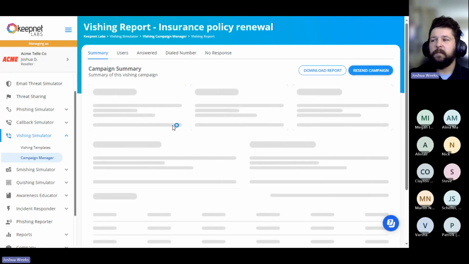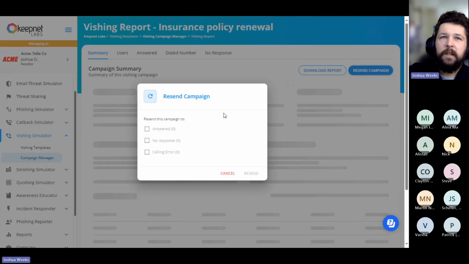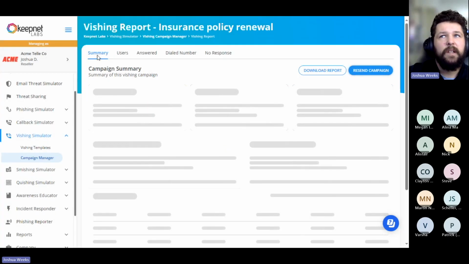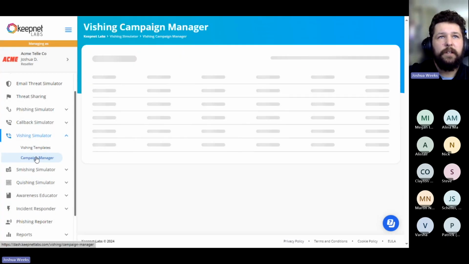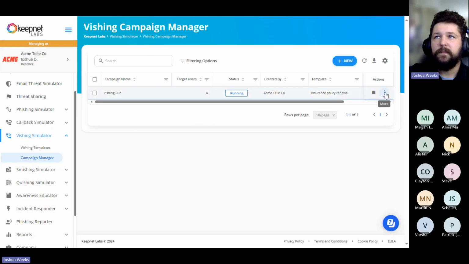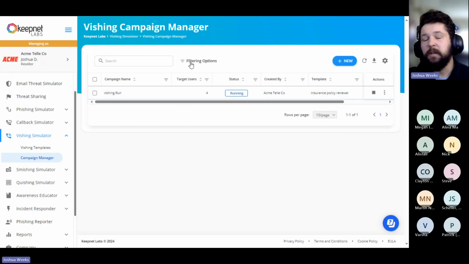With this as well, I'm sure some of you are wondering, what happens if the call doesn't go through? That's okay. We offer the option to resend this campaign, either with a calling error, and we'll be able to see, usually under the no response column, if the call didn't go through because of some sort of block or calling error. So we are able to resend this campaign this way. If we need to edit or change the phone number, we can come in here and pause the campaign and edit it and change that phone number if that's applicable for your use case.